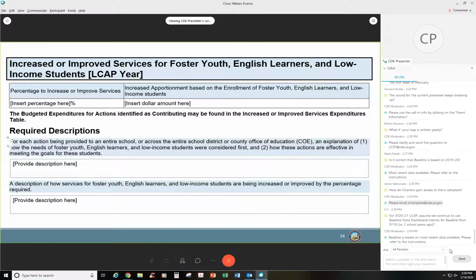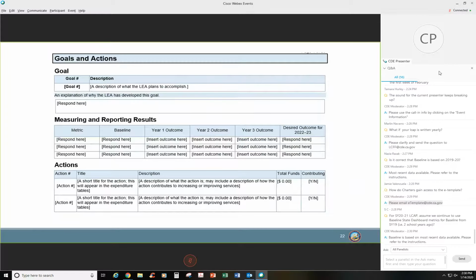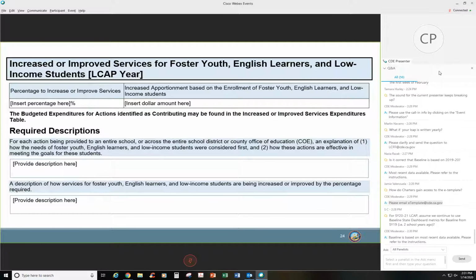And this description is going to refer back. I'm going to go back a couple of slides here, and if we look at the goal part under the action, the action's part of the goal, on the far right where it says contributing, it's Y or N. So for all of those actions, whether it's limited, LEA-wide, or school-wide, any action that you've indicated as yes, that it is contributing to the increased or improved services requirement, it's going to be captured in this last narrative response on this page in your description of how you're providing that increase or improvement to services. So you want that to line up.